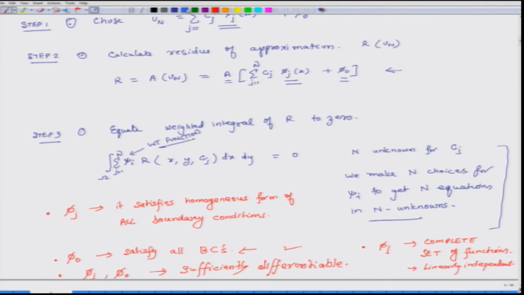So, we have done step 1, we choose a particular function for un, calculate residue. In the third step, we multiply it by a weight function and set the weighted integral of residue to 0, but we do not weaken the differentiability, and we have discussed what type of phi j's we should be picking up. Now, we will look at different types of weight functions. So far we have not discussed which kind of weight functions we should be choosing. They will be associated with different solution methodologies,